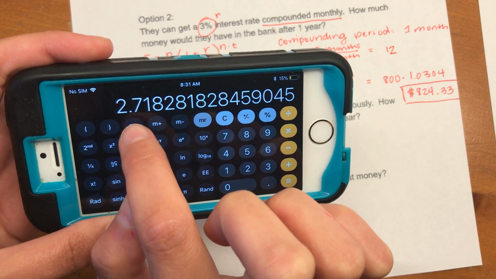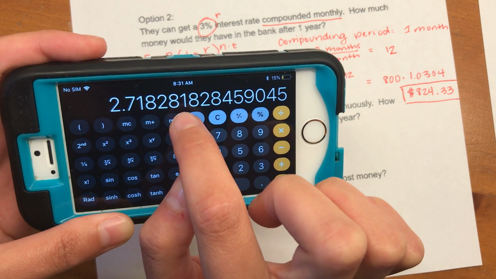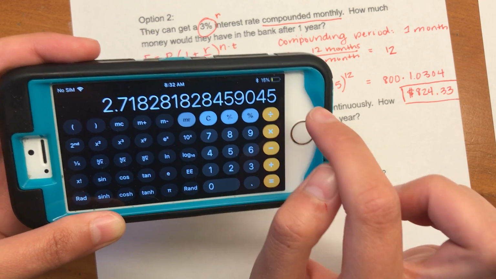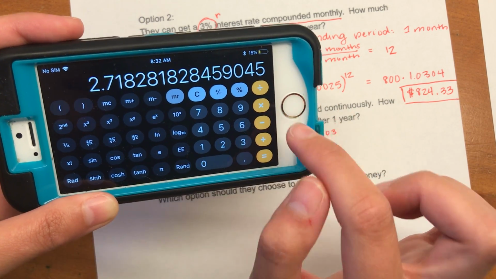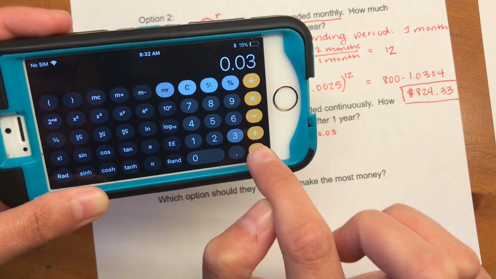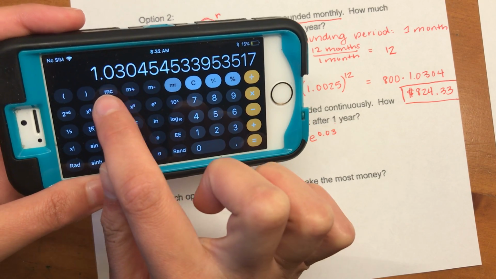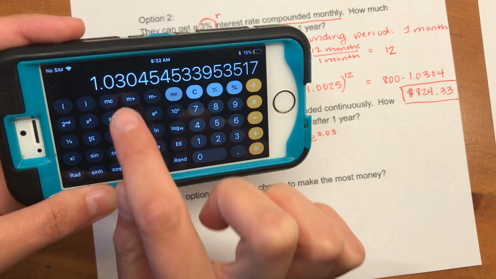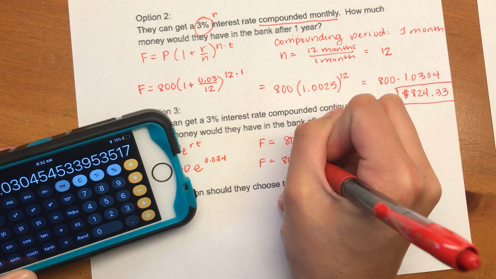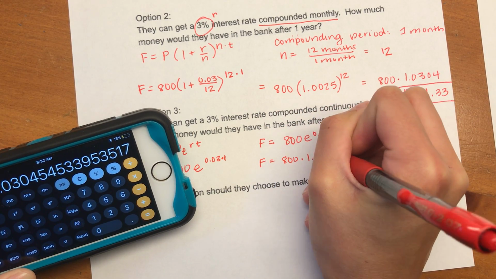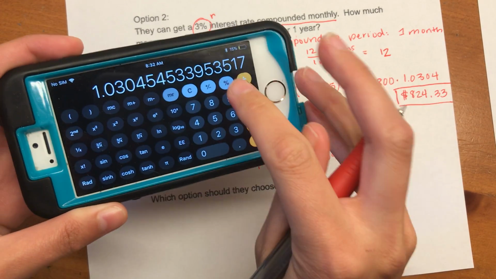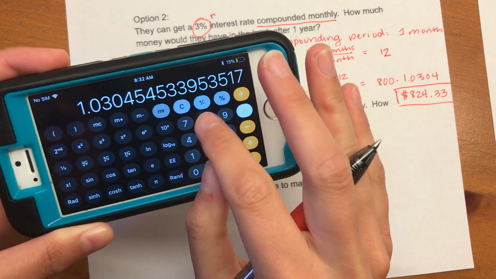So really, e is 2.71828182845945. Okay? So you're doing that to the 0.03, and you'll get 1.03045, which is what we want. Okay? So now I have F equals 800 times 1.03045, etc. And I'm going to multiply this without clearing it in my calculator so I get the most exact